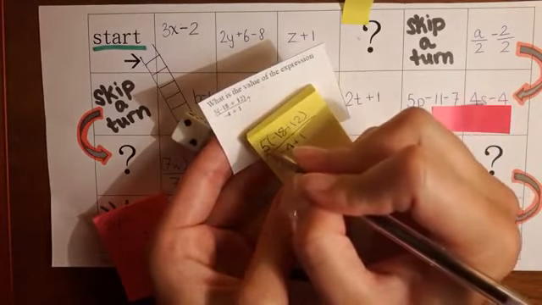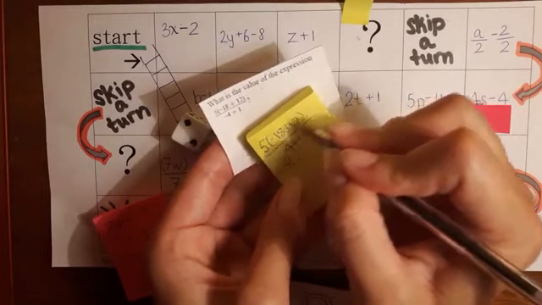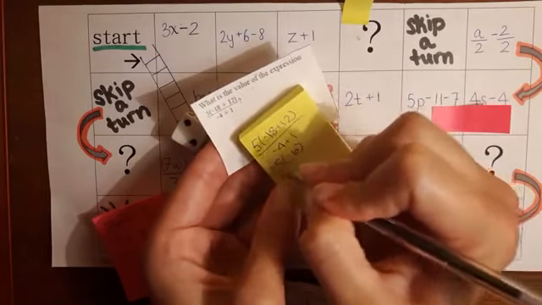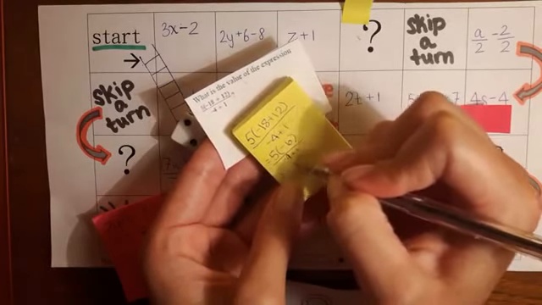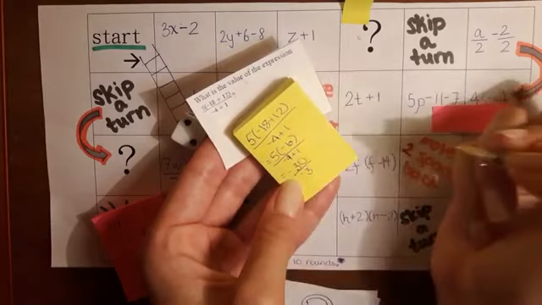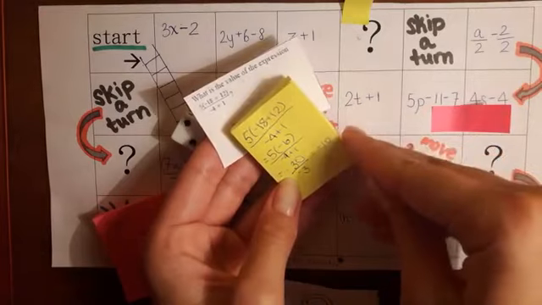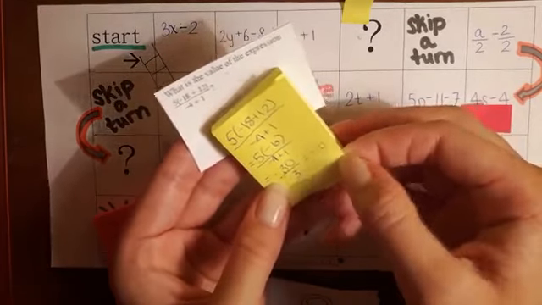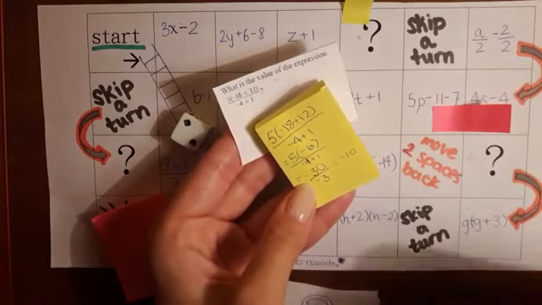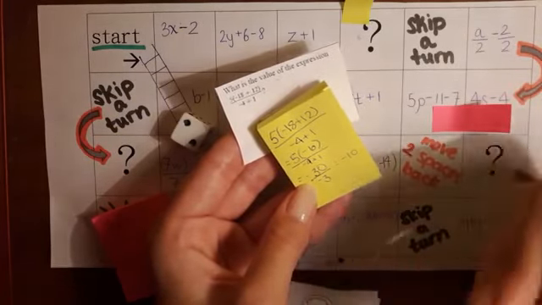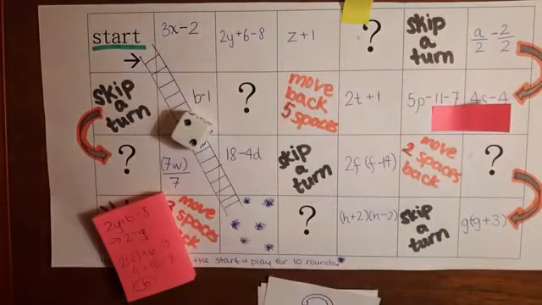So let's see what we have here. So 5, and we're going to do the brackets first. So negative 18 plus 12 is negative 6, divided by negative 4 plus 1, so 5 times negative 6 equals negative 30, divided by negative 3. And what do they get? They get negative 10. Now with this question, if they get this answer correct, they have to consult with their partner to see if their partner can get the same answer. And if they get the same answer, awesome. If they don't, then that's when they would bring the teacher in just to kind of verify that they get the right answer. And since this person got the right answer, now they can